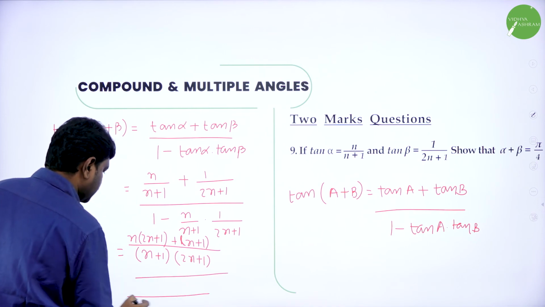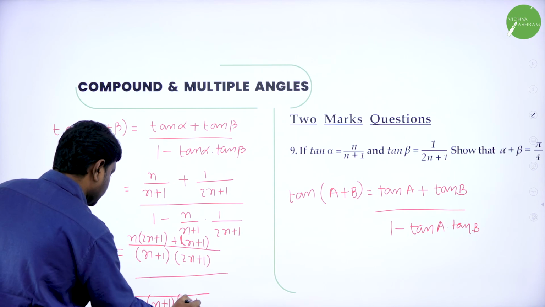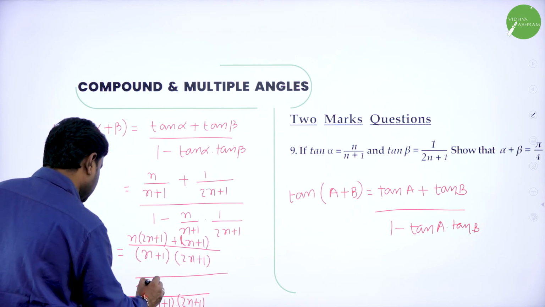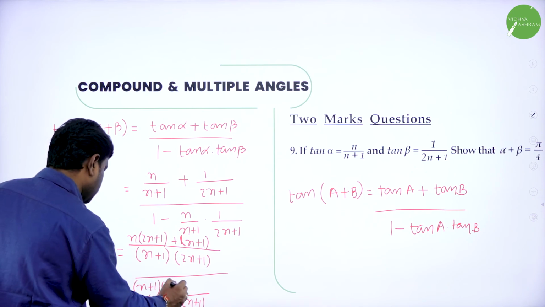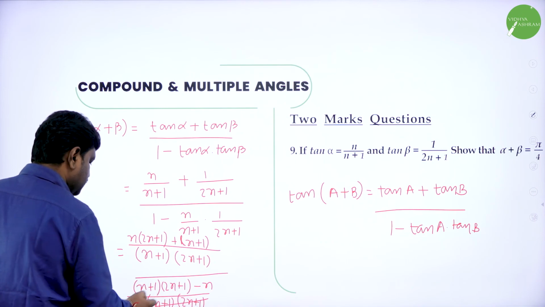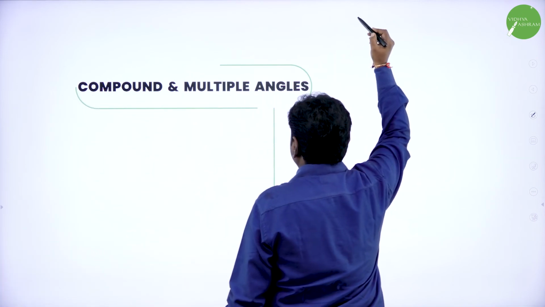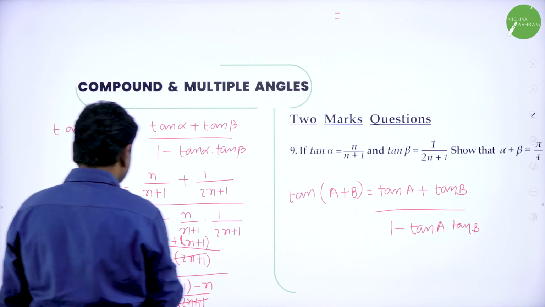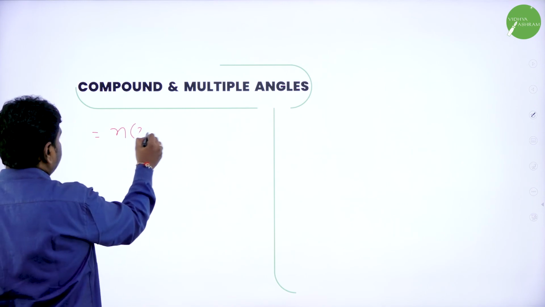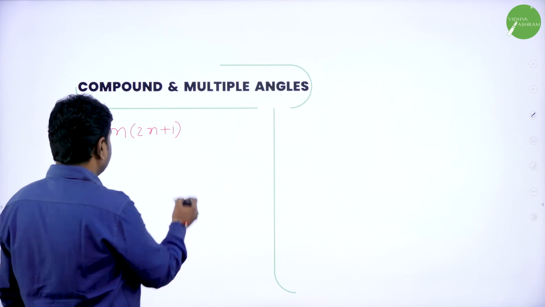Denominator, take LCM. LCM becomes n plus 1 into 2n plus 1. Cross multiply. So this will become n plus 1 into 2n plus 1 minus n ones are n. So denominators are same, cancel them. Now we are left with numerators. Sorry, denominators are same. We are left with numerator n into 2n plus 1, n into 2n plus 1 plus n plus 1